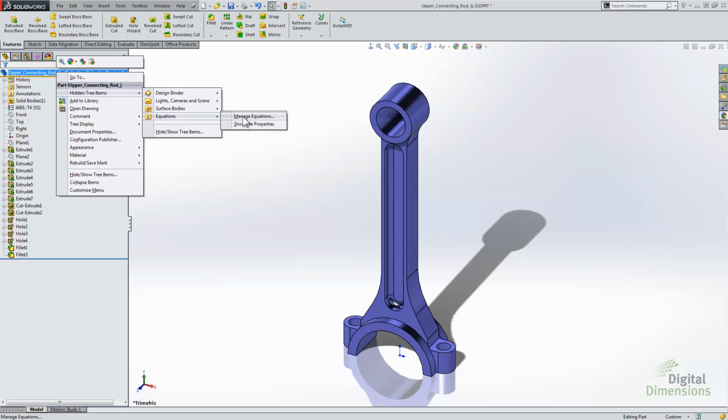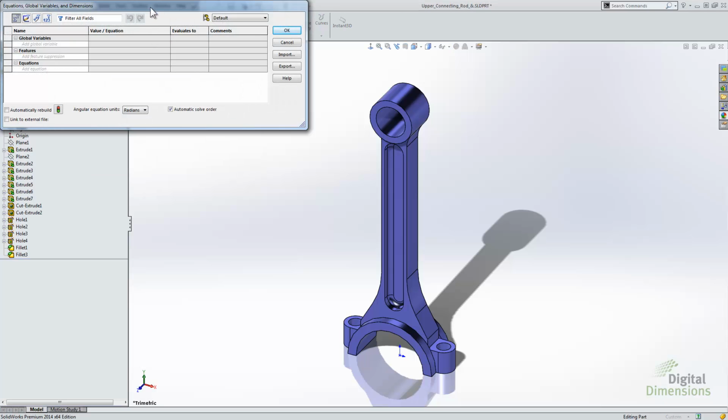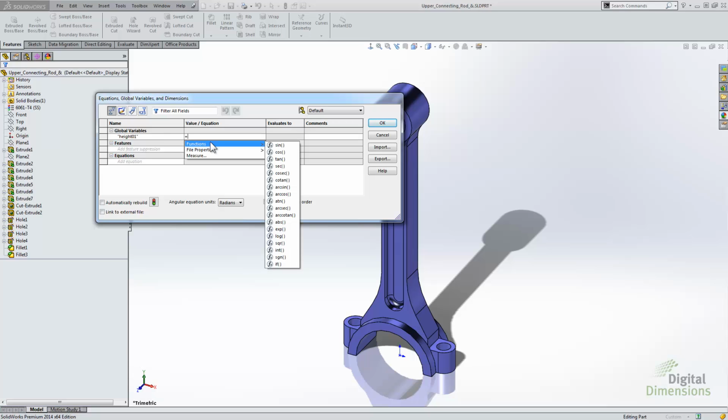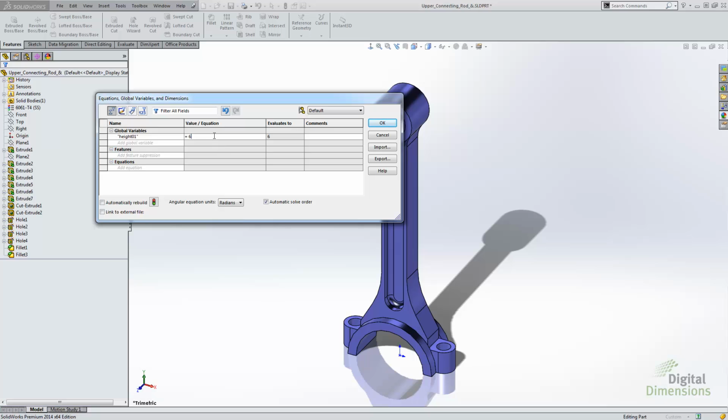Equations also are configurable now. If I go into my manage equations, you'll see I have all my configurations showing up here at the top. I'm just going to do a global variable to illustrate the point that we can have different values for different configurations. Height 1, I'll have that set to 6, and I'll put the units on here as well, just so that it'll track that. This configuration, all configs, or specify. I'll choose this configuration, so it's only that configuration. I'll create another one here